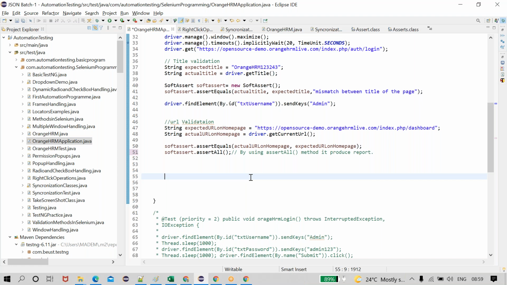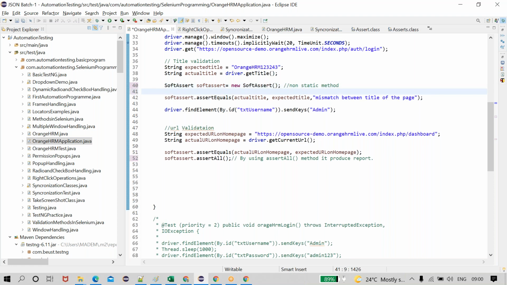For soft assertions, we need to create the object like this: SoftAssert softAssert = new SoftAssert(), because it's a non-static method. Whereas Assert is a static method, so we can call it directly.